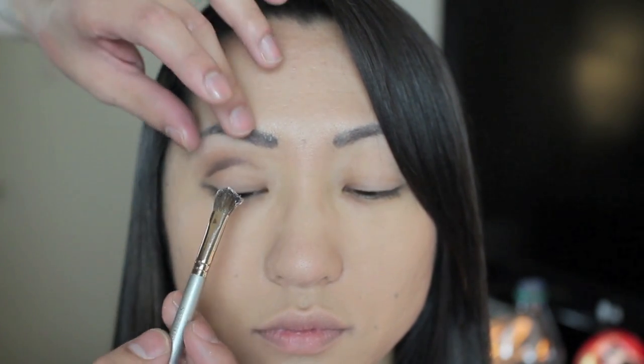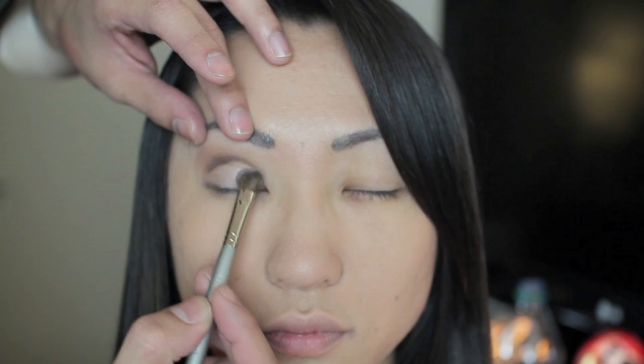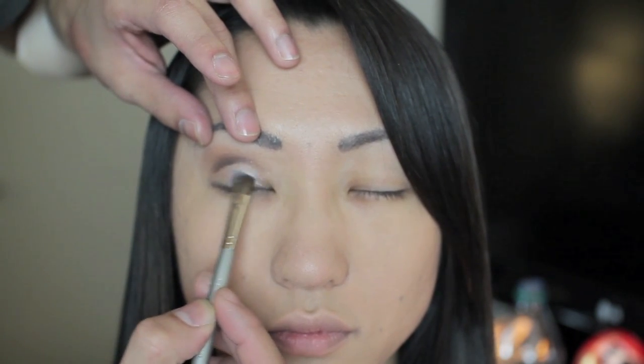You can close your eyes. There you go. I'm starting in the middle of the eye and working my way outwards. Obviously you want to start in the middle because, open your eyes, there you go, it just kind of gets you that nice